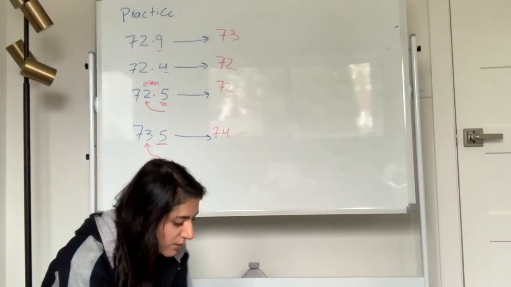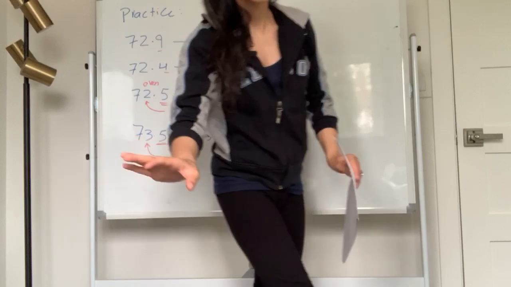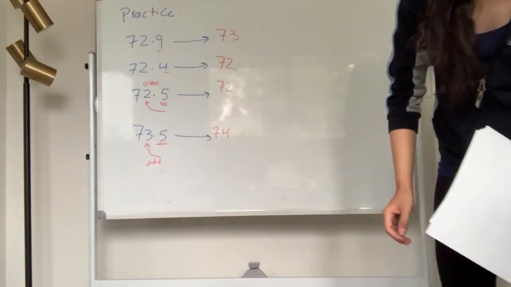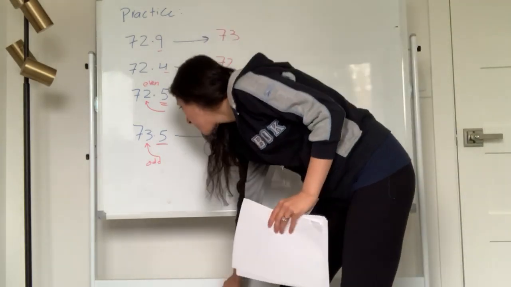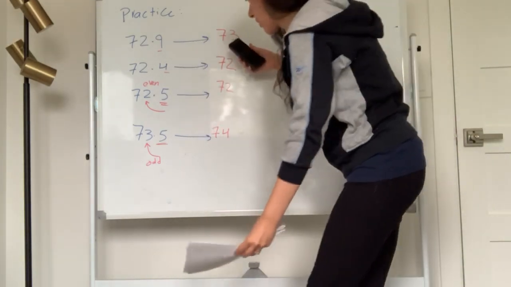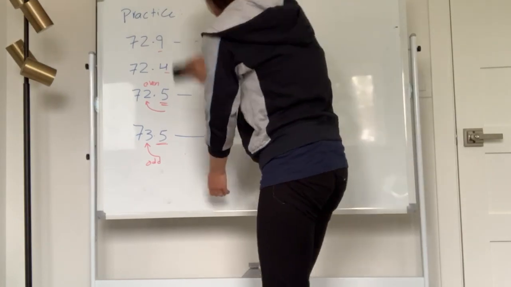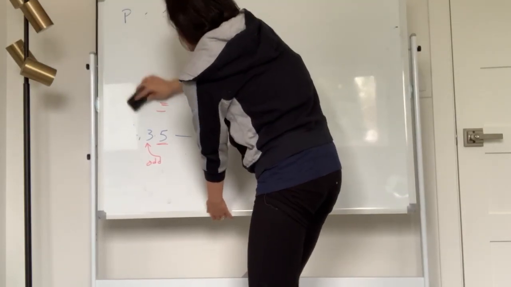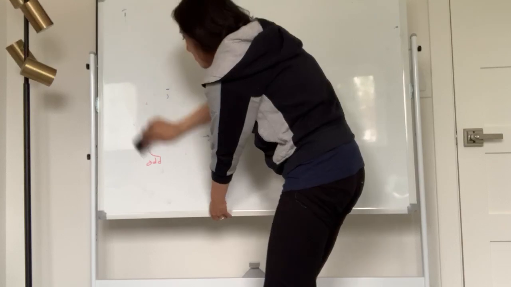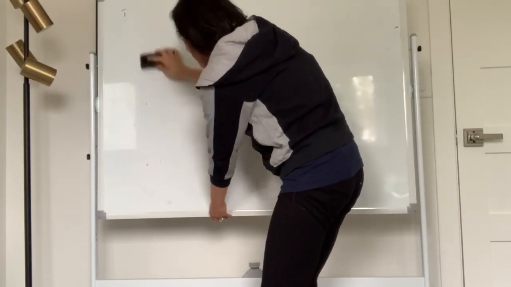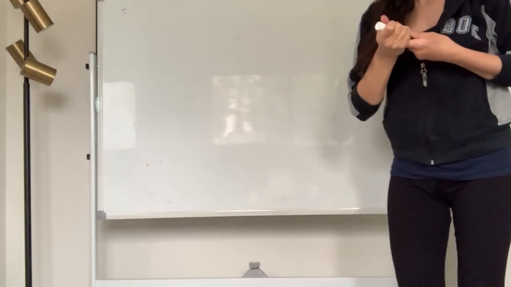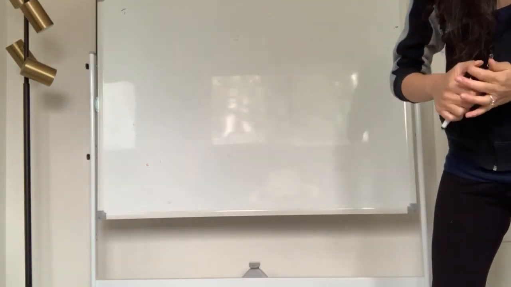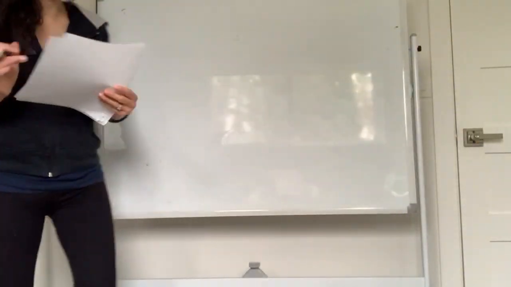Okay, beautiful. Now, let's take out the take-home problem that I gave you. We're going to go over those take-home problems. Alright, so the take-home problems that I gave you, I'm going to put them on the board here. So hopefully this helped clarify about 5. What do you do when you have 5? Alright, so our first take-home problem was